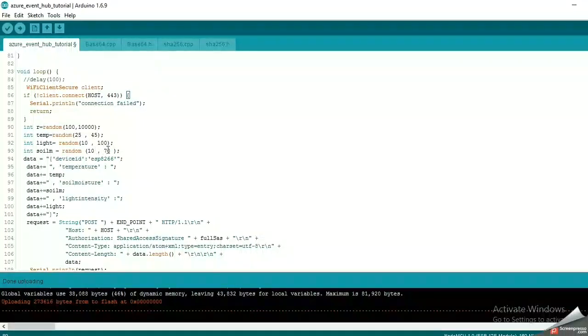This is just for demonstration. So these are the three variables that we are going to send, and along with that, just for tag, we are going to send a device ID. So we are going to create a JSON packet. So the format of JSON packet